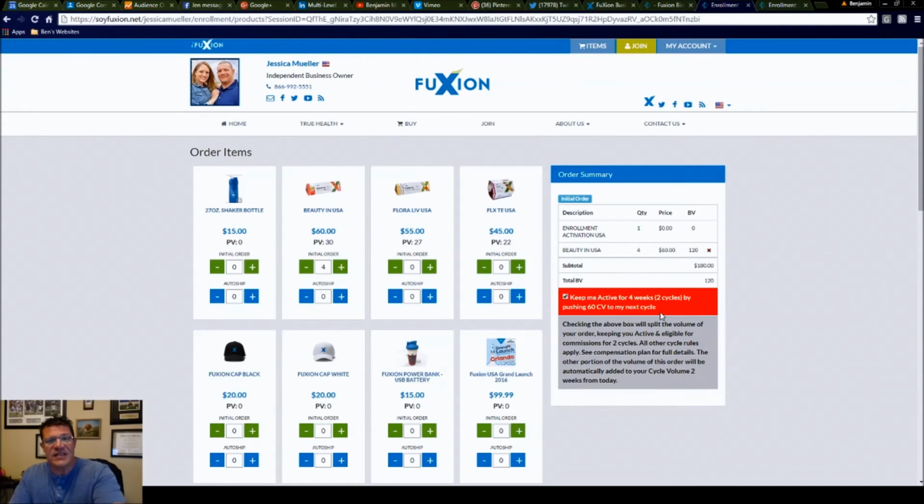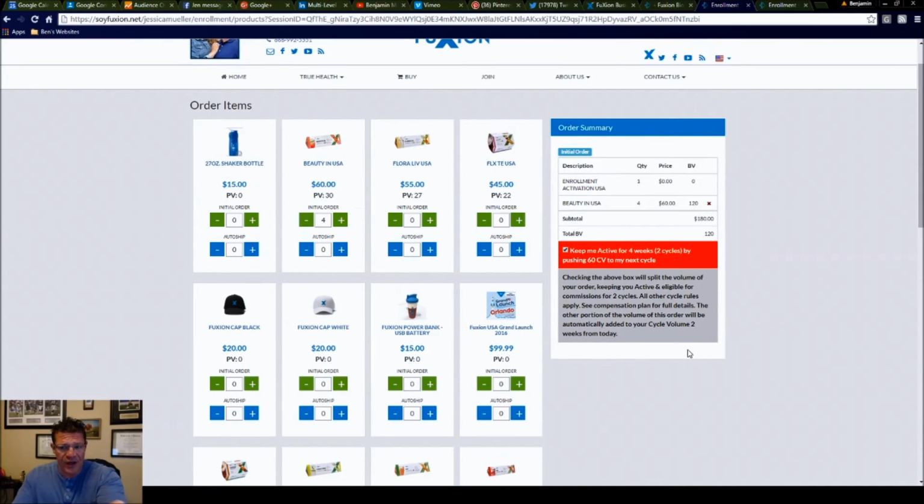So this is an easy way to just put in 1 order a month. What happens? You save on shipping because over 100 points is free shipping, and then they're not putting a second order in during the month and having to pay for shipping again. Really, you're just getting free shipping on this. So it saves people money. Get them signed up at the 120 points or more. And then obviously once you've got your products